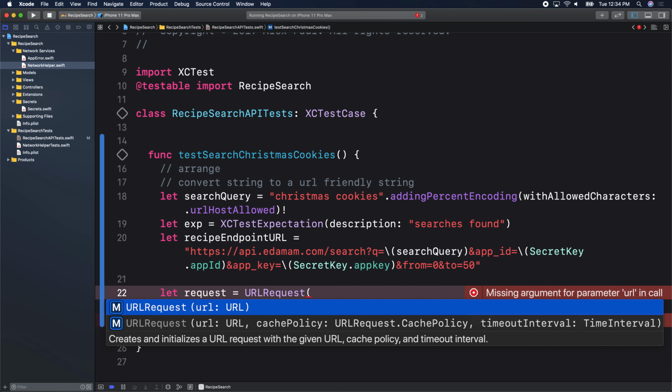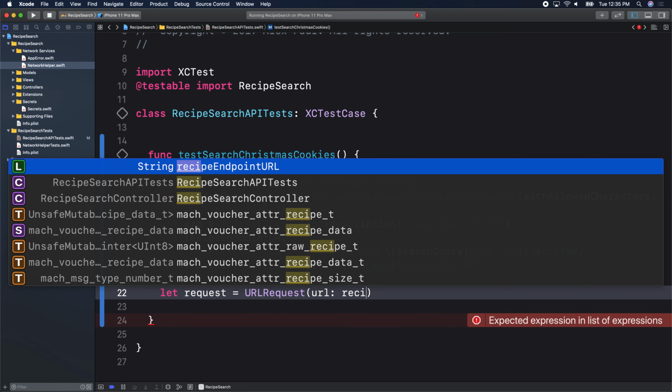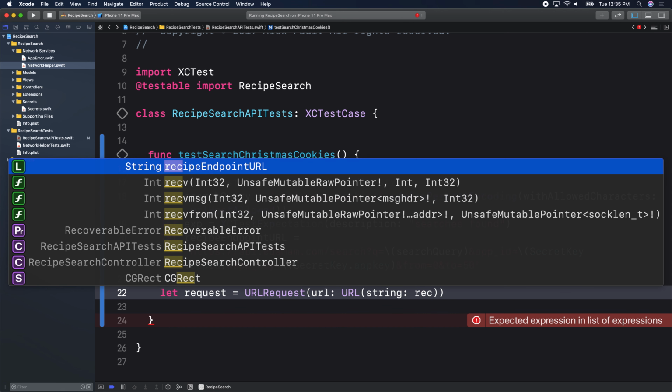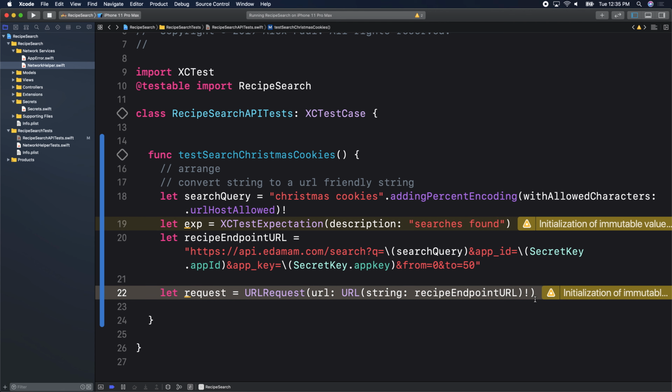But the basic one we're going after right now is the URL one, just for today. Here we want to pass in our recipe URL. Well, we'll create a URL from the URL string, and we'll create a recipe URL there. Make sure you put an exclamation mark after our URL. What's the difference between